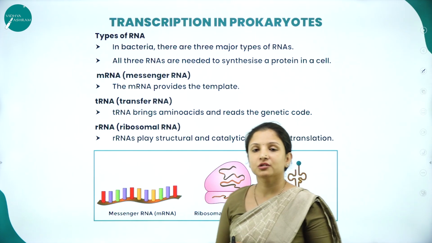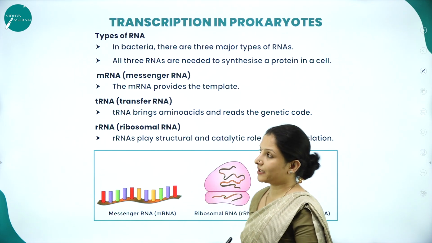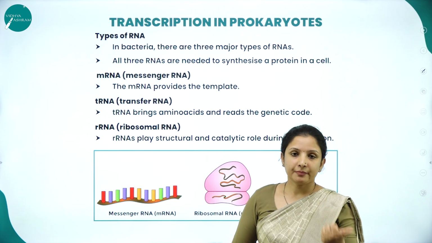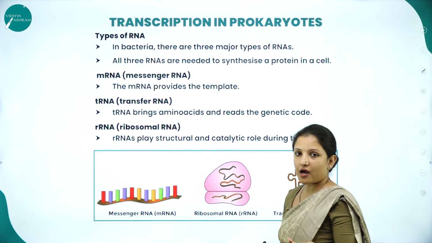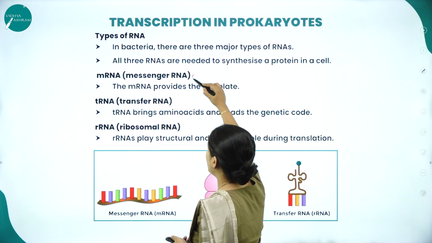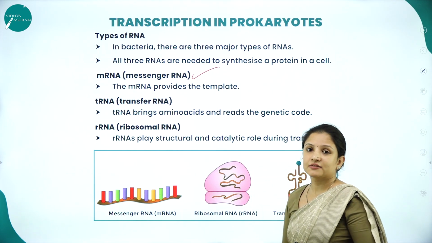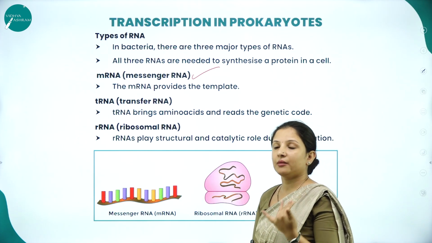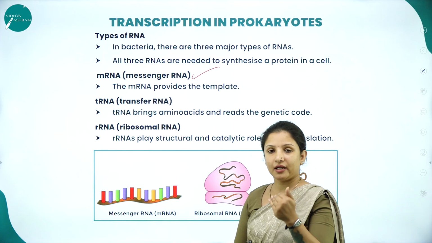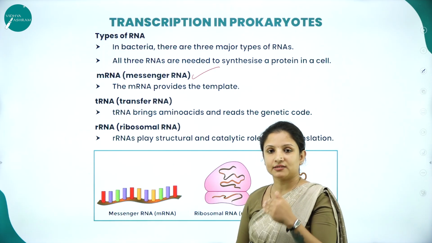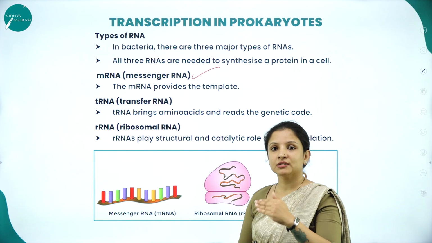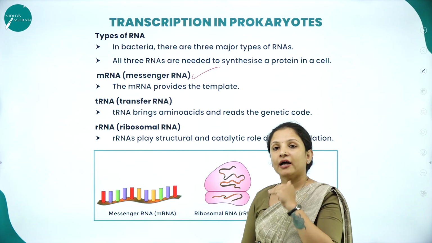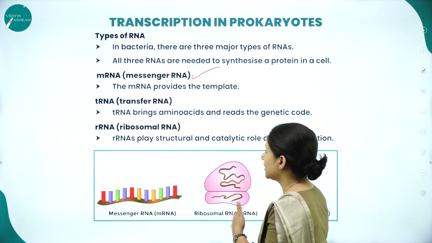In the transcription process in prokaryotes, there are different types of RNAs involved. Prokaryotes means all the bacteria. In bacteria, three types of RNA participate. One is the mRNA, the messenger RNA, and as the name itself states, its function is to act as a template. Whatever DNA strand is participating in transcription, a complementary mRNA strand gets produced, which will carry the message as to how the proteins need to be synthesized later on.